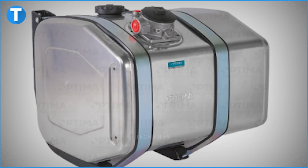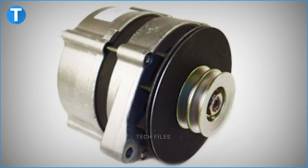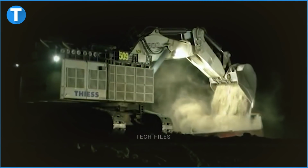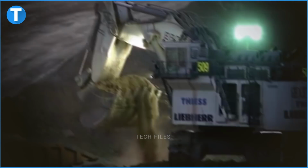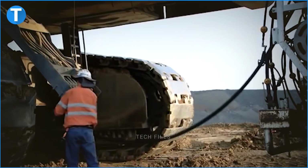3,661.5 cubic inches. Its fuel tank has a capacity of 17,595 litres. Its 24-volt electrical system includes 8 170Ah 12-volt batteries and a 260-amp alternator. Its hydraulic system features a maximum relief pressure of 4,640 psi and a discharge flow rate of 7,499 litres per minute. The entire hydraulic system has a capacity of 9,999 litres, with a hydraulic tank capacity of